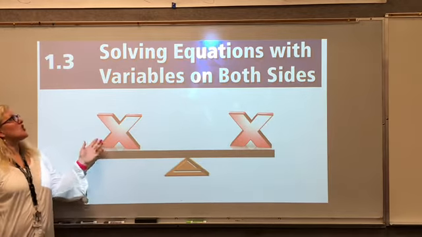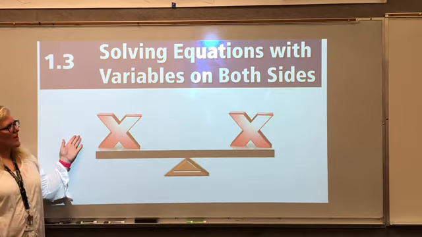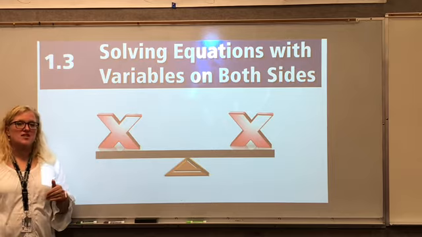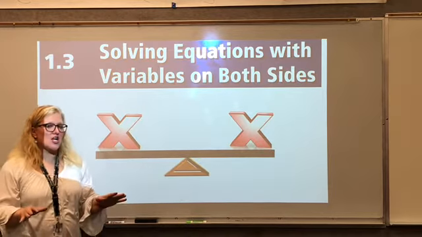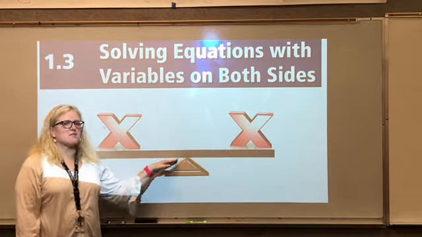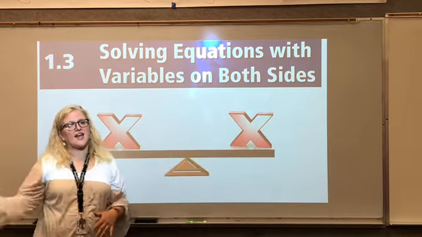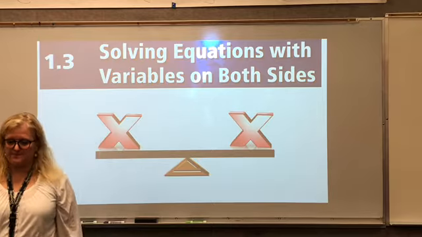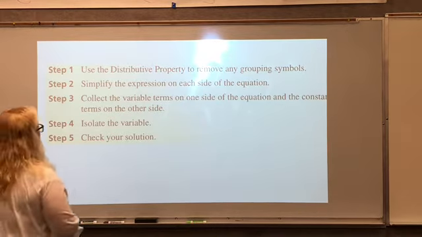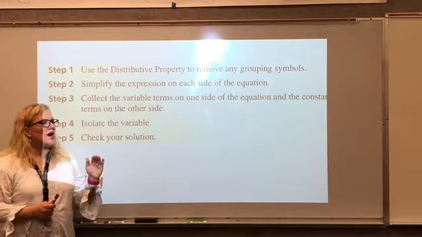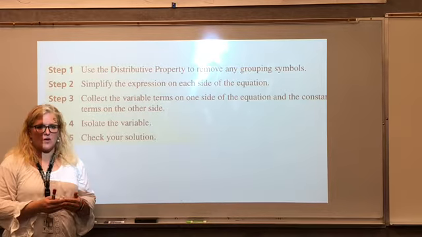This lesson is chapter 1.3, solving equations with variables on both sides. And this picture I put up just to help you remember that an equation has to be balanced. So what I do to one side, I have to do to the other side. Okay, so what I've got here first are some steps to help you remember how to solve an equation with